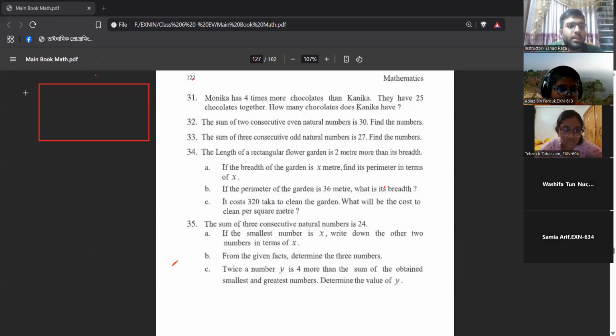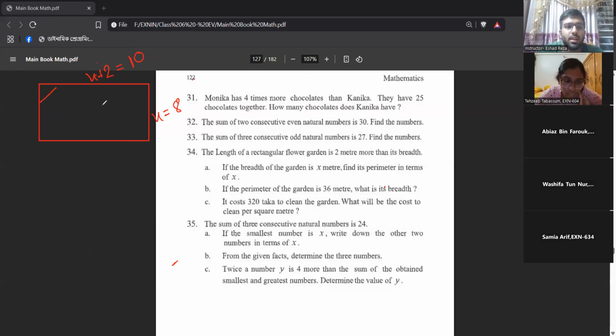So we had written that this is x and this is x plus 2. And we found out that x is 8, and so this has to be 10. So now you can find the area of the rectangle. What is the area? The area is 80, which is 10 times 8. Okay. So now